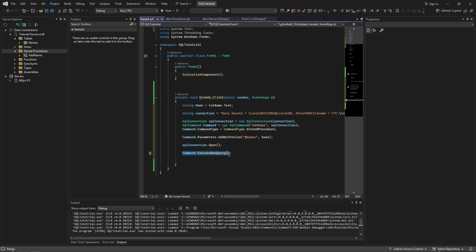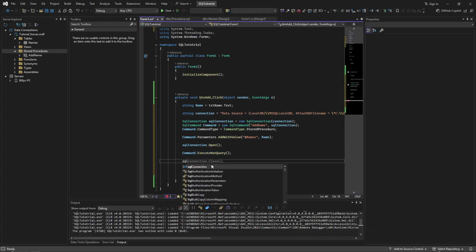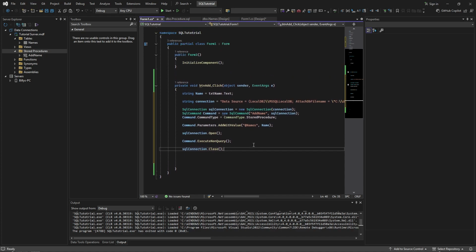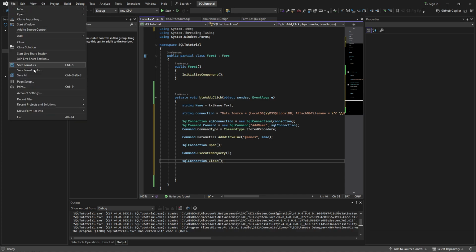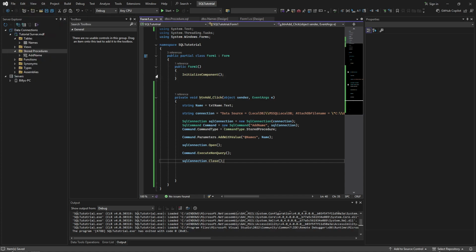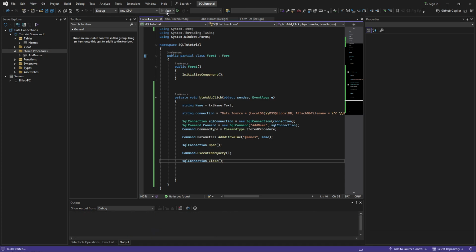So make sure you copy this down. But if you're using Visual Studio 2022, it should automatically pop up for you. Sometimes multiple things pop up, so make sure you get execute non-query. Then do SQL connection dot close. I think that should be everything. Make sure you save all, or you could do Control Shift S. Click Start,